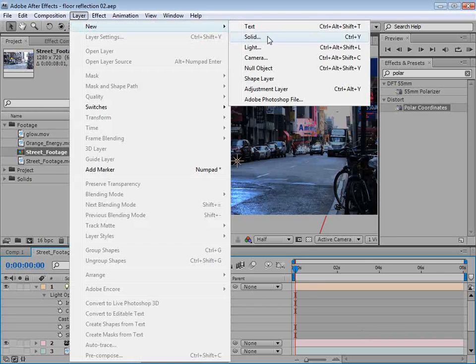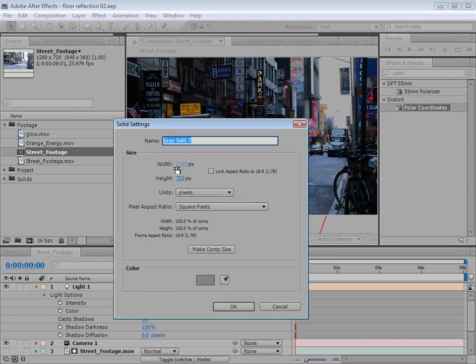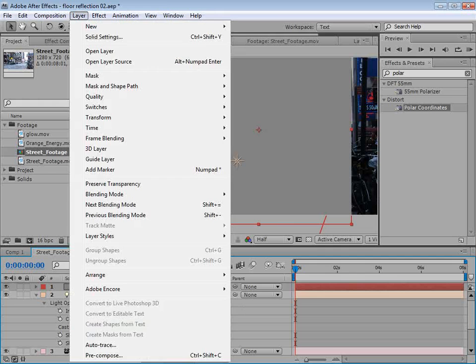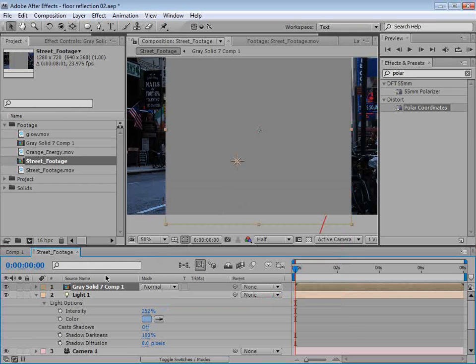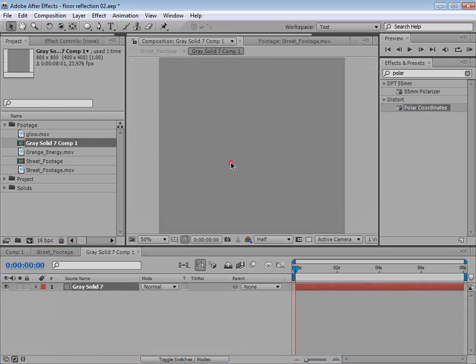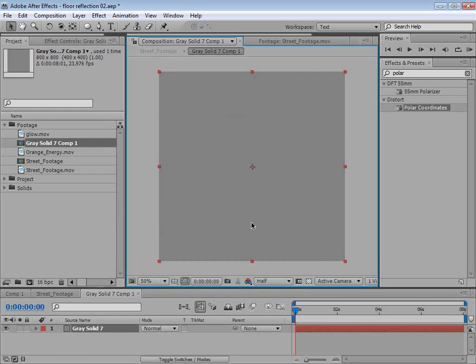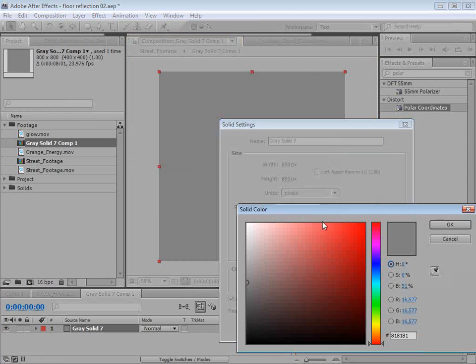So I'm going to create a new solid, and we'll make it, say, 800 by 800. We'll choose OK. And then we'll pre-compose and leave all attributes in the comp. And when you do that, it will keep the same size of that layer as the composition. Then if we double click on it or alt double click, we can then see the comp we're in. And then what we're going to do is change the solid color to a light blue